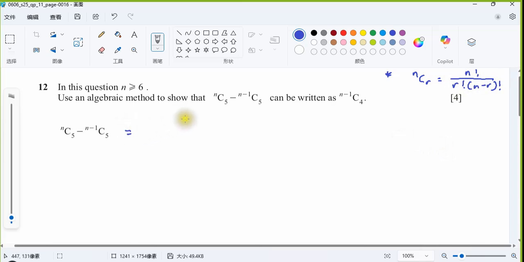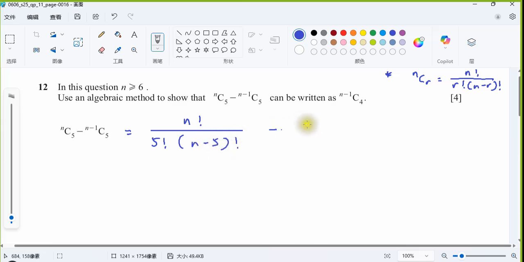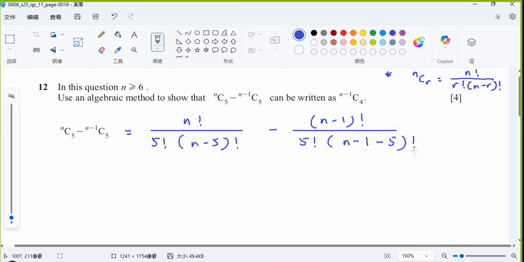So this will be n factorial over 5 factorial times (n minus 5) factorial, minus (n minus 1) factorial over 5 factorial times (n minus 1 minus 5) factorial. Okay,